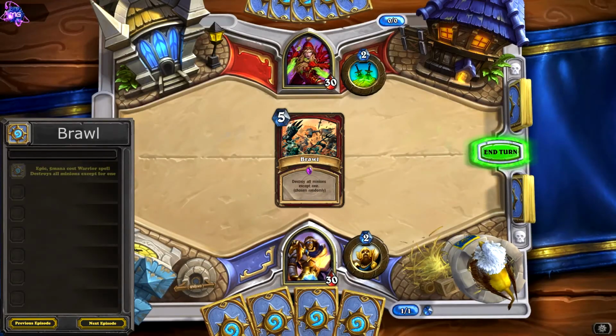Brawl is an epic 5-mana cost warrior spell that destroys all minions on the field except for one. Once played, all the minions will be thrown into the center as an animation plays, and they'll be kicked out to the sides one by one until only one remains in the center. This card can be very good for board clear, but can backfire, as you won't know which minion is surviving